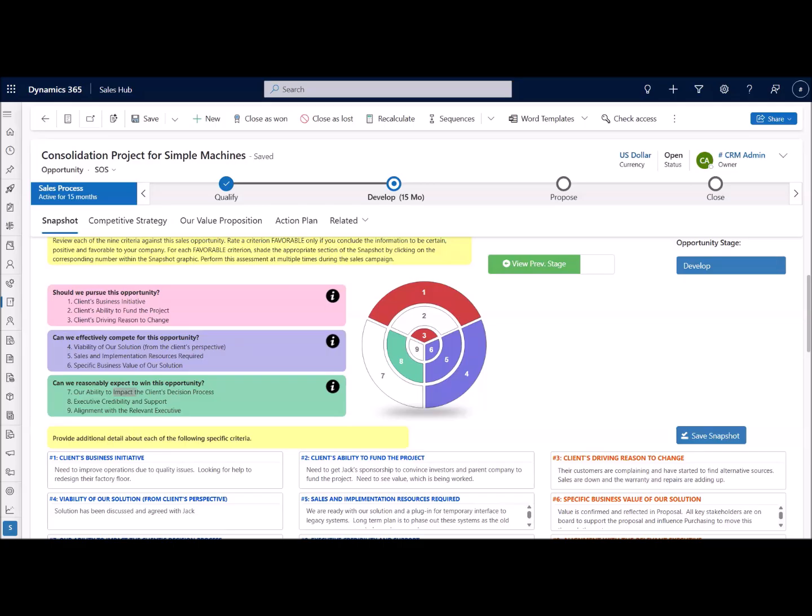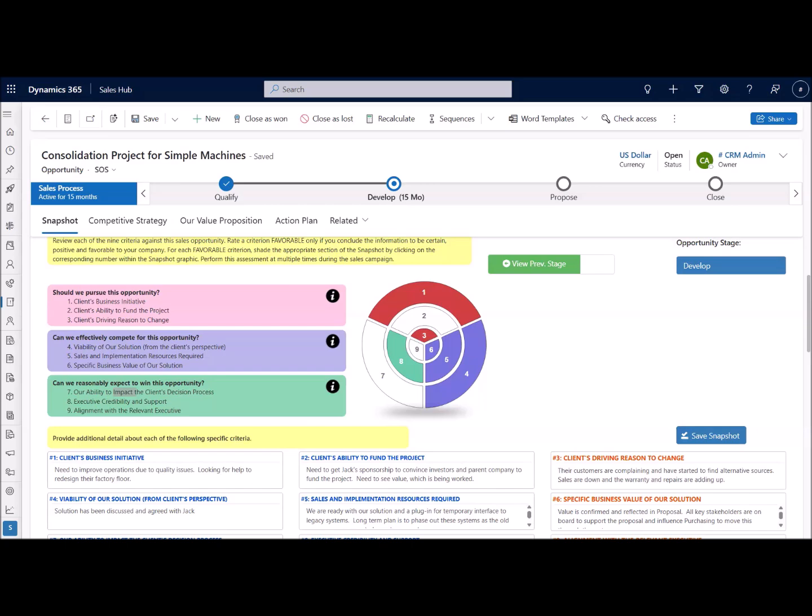The SOS methodology and app allows you, from the beginning of the engagement, to document all aspects of the opportunity, use the snapshot to determine if it's favorable to you, and if so, proceed through to close, implementation, and client success, or if not, allows you to exit quickly so that you don't waste your time or the client's time. SOS helps you understand the competitive landscape and plan a strategy to win. SOS also helps you navigate the lay of the land and engineer influence in your favor,